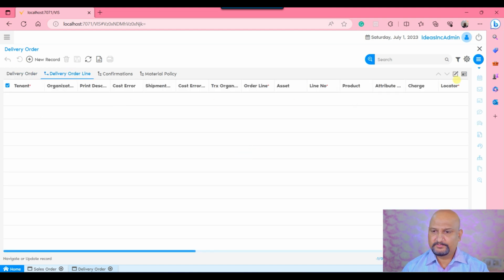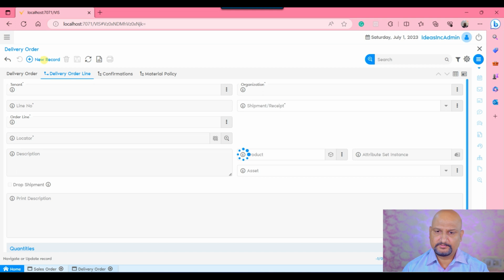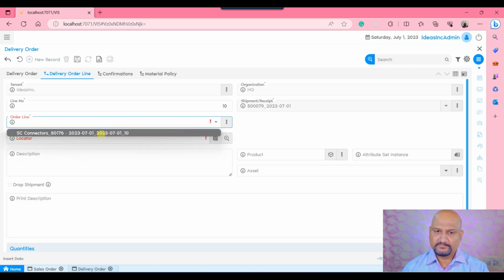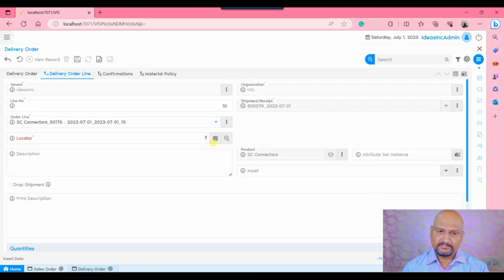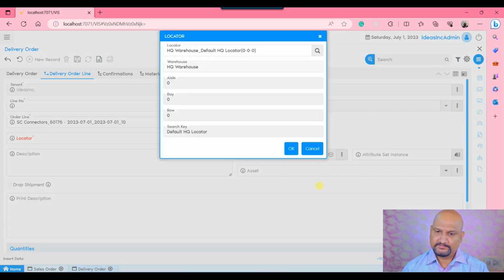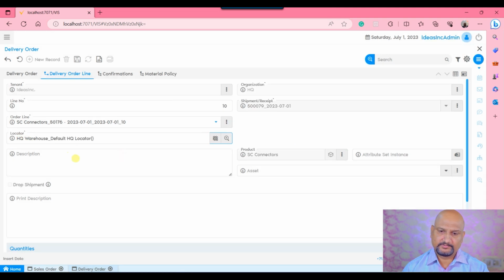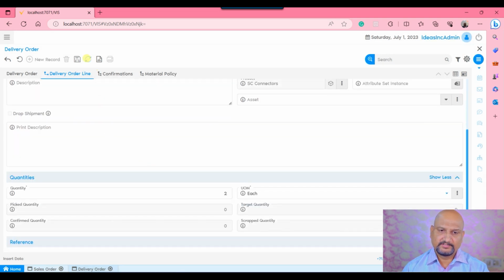Then I will move on to the delivery order lines, click onto the new record. Then I will select my order line. As a result, the system will bring all the product attributes, the quantities, everything, and from which particular locator I want to deliver out this material. So I would be able to select that. So I would select here, from this locator I want to deliver this material, and I will save and complete